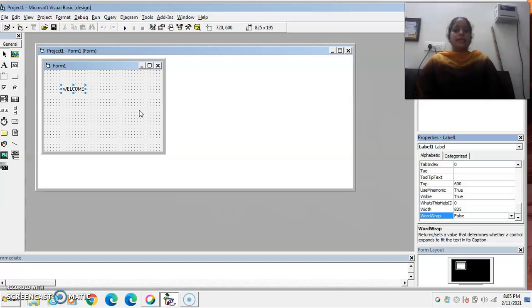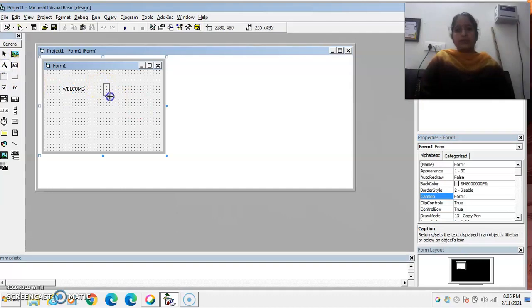When this property is set to false, the text of the label is displayed as a single line, and when this property is set to true, the label grows vertically to fit the contents while retaining the same width. Also note that the WordWrap property of the label remains ineffective until its AutoSize property is set to false. Means if you want to use the WordWrap property, then you have to set the AutoSize property to false.